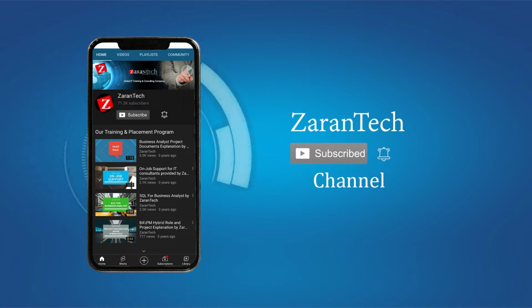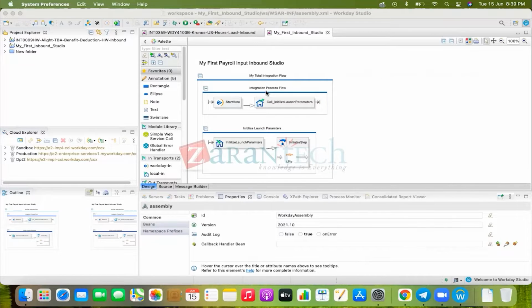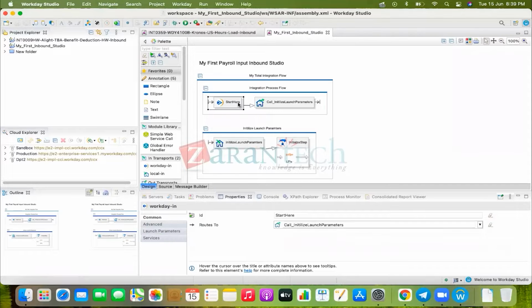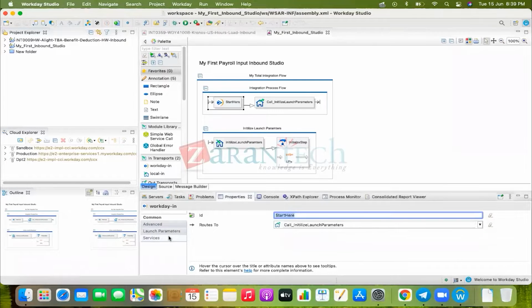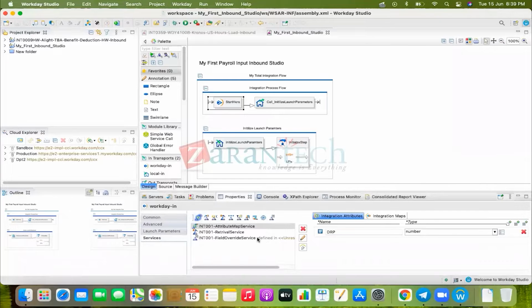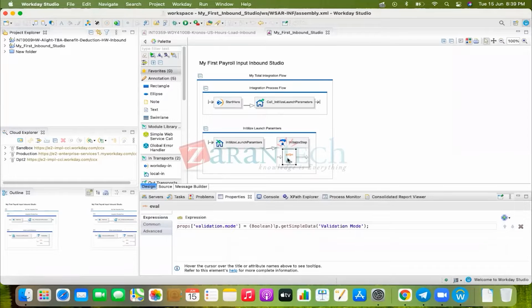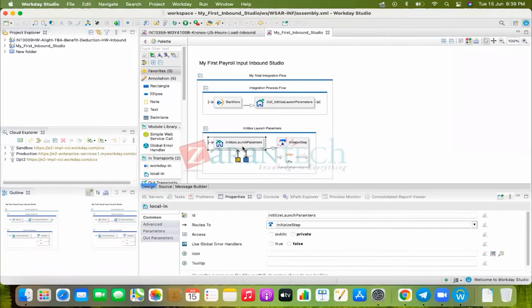Yesterday we covered inbound. We just started with inbound integrations. We covered how to configure a field override service, and the rest was where we declared a validation mode. And next was